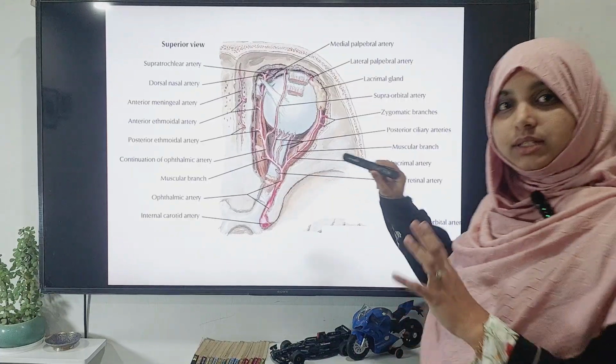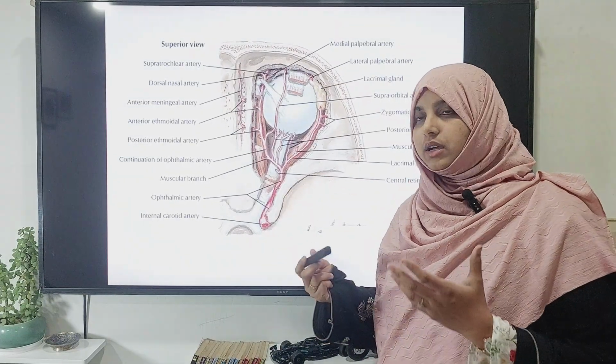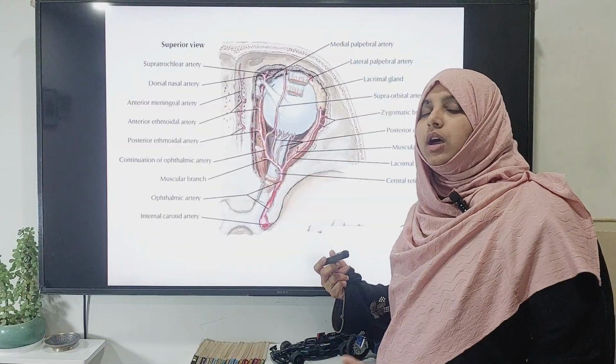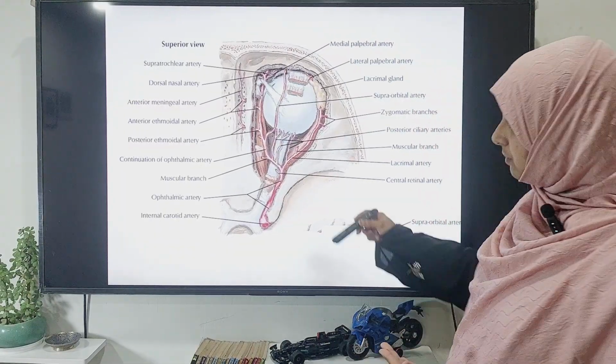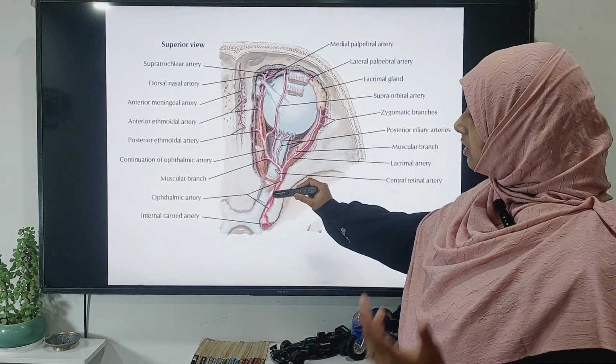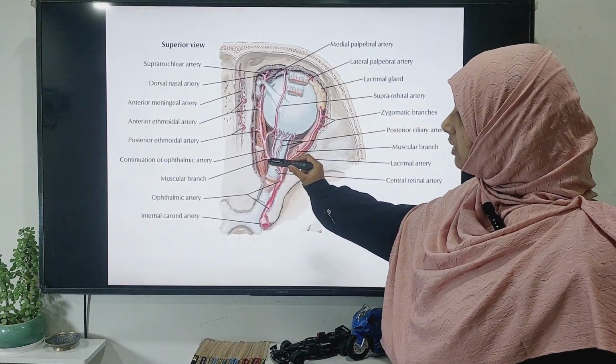Now this is the picture I'm talking about. Please just try to absorb this picture as much as possible. I'm just going to tell you the different branches. Okay. So here we have the optic nerve, which is crossing the ophthalmic artery, which is crossing the optic nerve from lateral